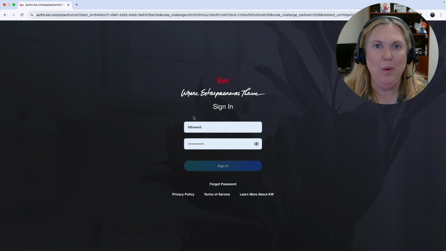Last week, we went over the Command DocuSign workflow. This week, we're going to go over the Command Dotloop workflow. That way, you've got DocuSign and you've got Command, and whichever one you're using, you'll be able to get your